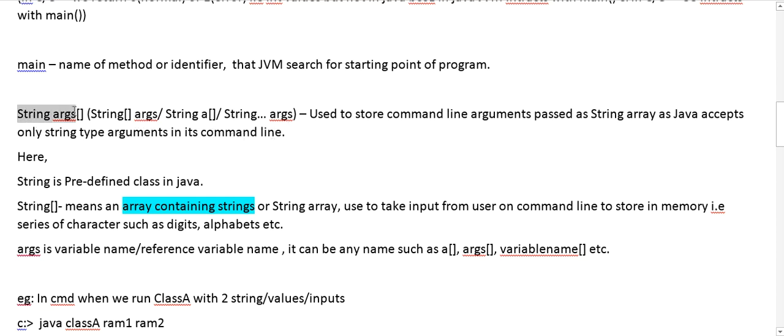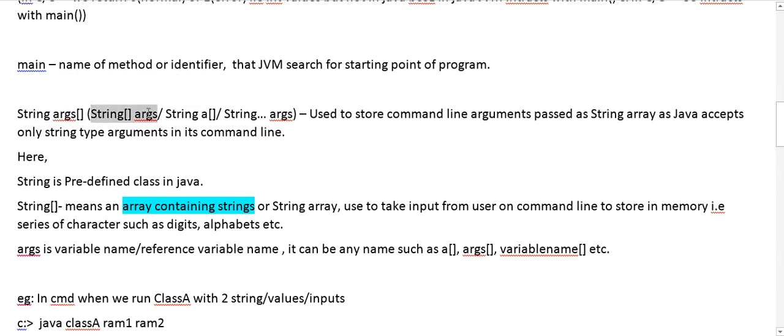So String args is basically an array of strings, where args is the name of your array, which is storing some strings in an array data structure in our memory.